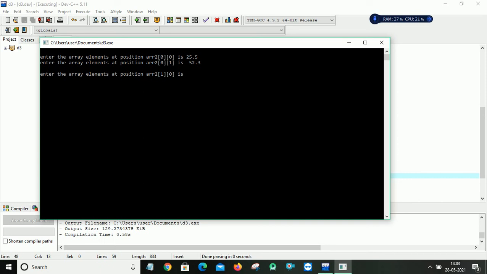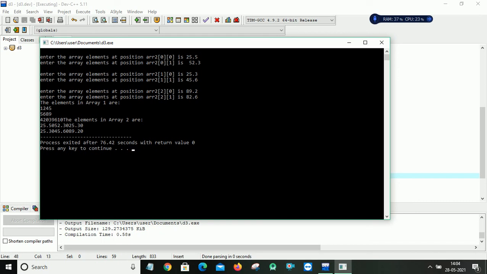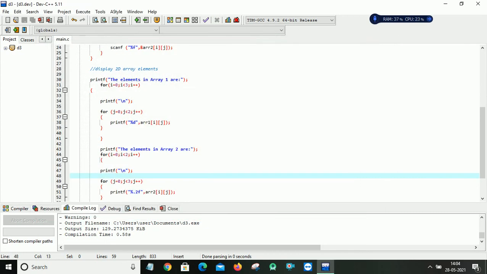So okay, I'm taking the first row 0th column element, something like this, and then first row first column element, okay, and then I have the third row, second column. So everything is completed. So I gave 3 rows 2 columns, so 3 by 2 matrix values I gave. So see here the elements in array 1 are, so here we didn't get any spaces like this, right? So I'll change a few things so that it will display the things as required, like our requirement.